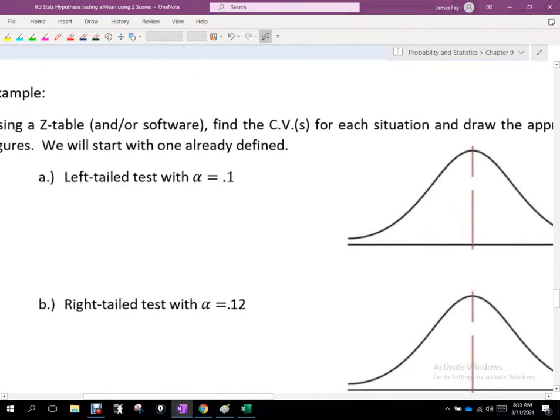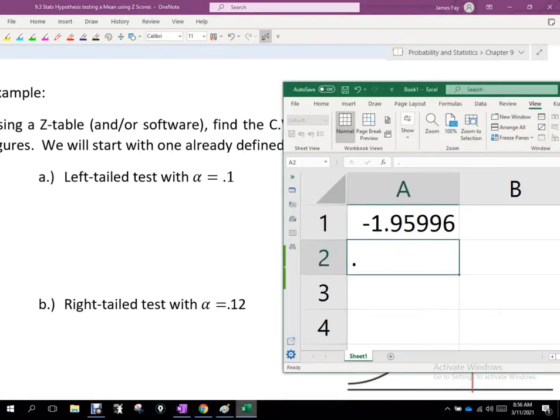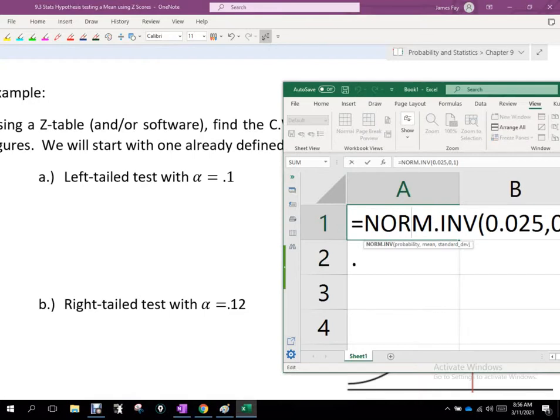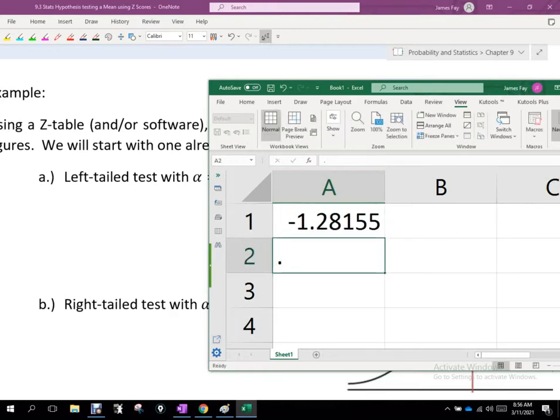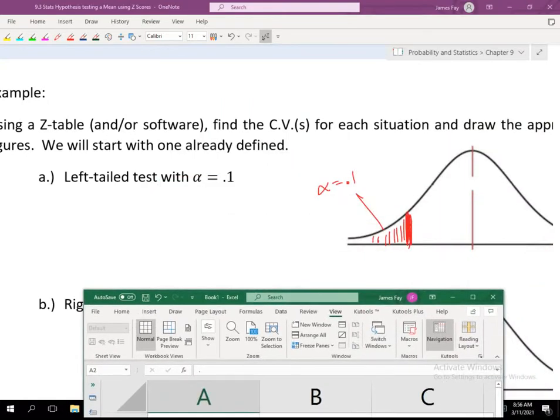This is saying, okay, what do I do if it's a left-tailed test? If it's a left-tailed test, we're looking at that area right there being alpha. I want to find that critical value that separates the critical and non-critical regions. So in that situation, we're going to take our normal distribution, take norm inverse, and we'll take 0.1 here, because it's a left-tailed test, hit enter, and negative 1.28